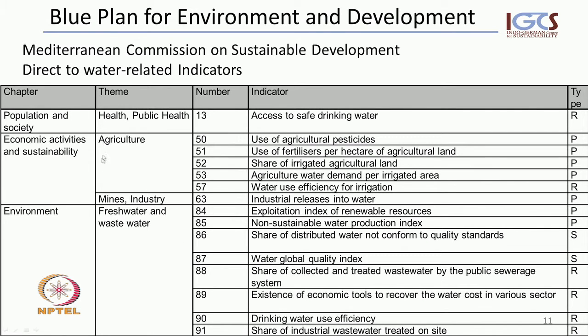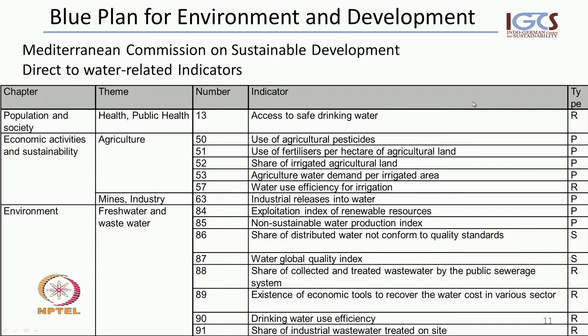And here we have again a division into chapters, the themes, and then a record number, or ID, and then we have indicators here, and then a category, a class